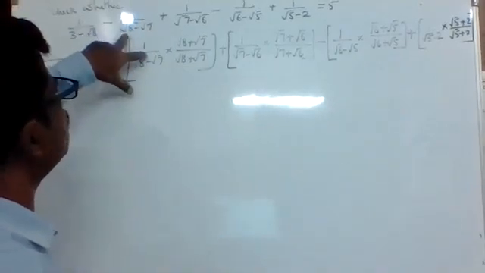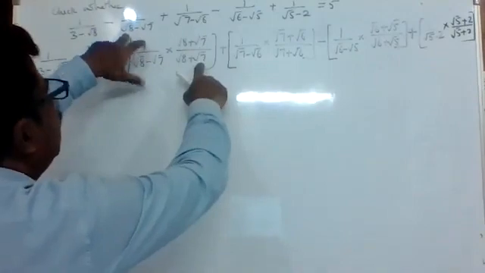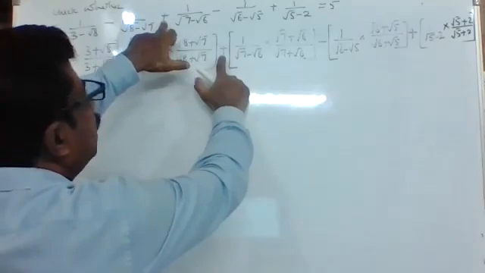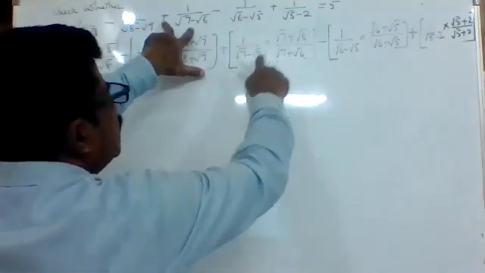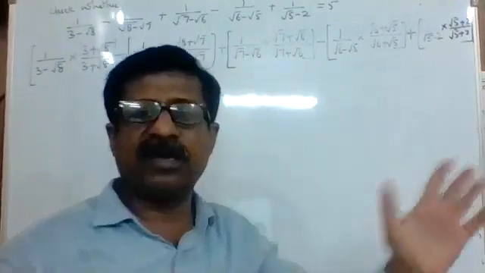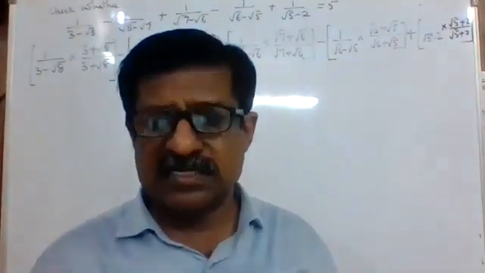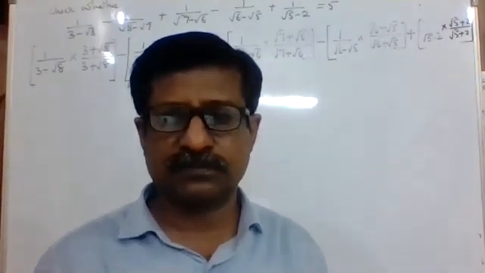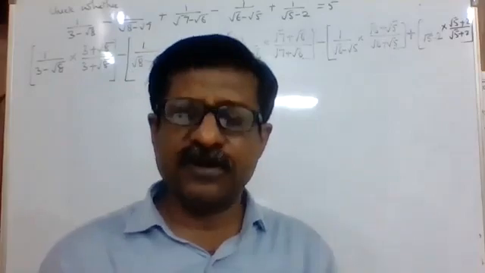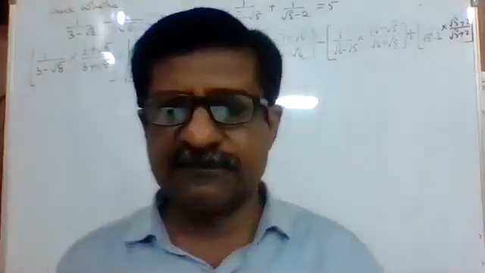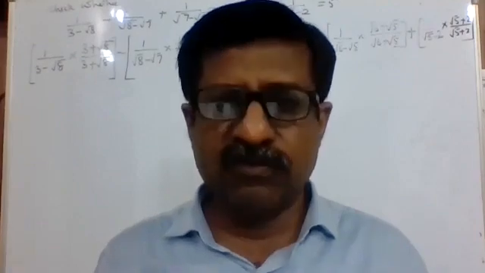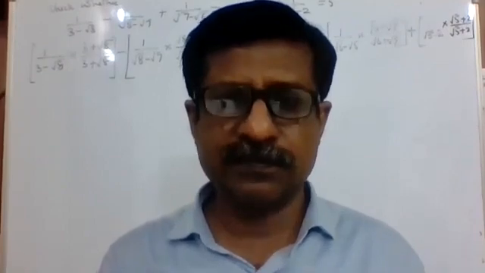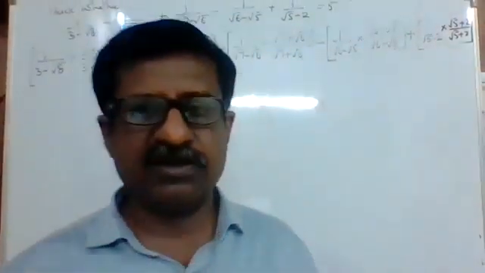I have taken 1 upon root 8 minus root 7, the rationalizing factor of this number we have taken. Next, I have put the finger on this plus sign, and that plus sign I have copied. Copied this 1 upon root 7 minus root 6, the rationalizing factor. In that way, every term's rationalizing factor we were multiplying. Clear? This is the first step. If you write the rationalizing factor properly, then you will not have much difficulty to get the answer. Clear? Therefore, rationalizing factor we have written properly.